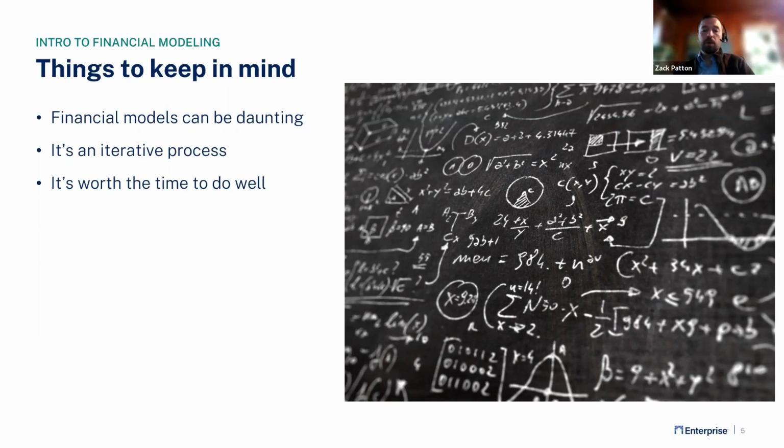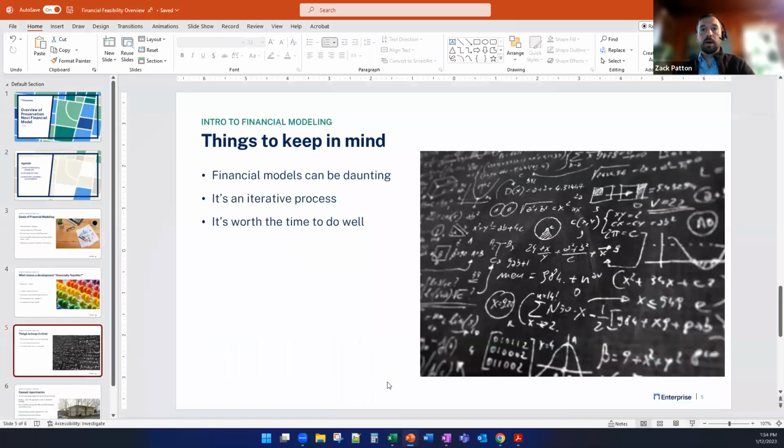And then overall, it is worth the time to do this and to do this well, and for you to understand how all of it works, because understanding the nuts and bolts of the financial model for your development or your property is going to improve your decision making and ultimately the outcomes you're going to be able to achieve with your work. So with that, I will show you the model that we put together for the Preservation Next